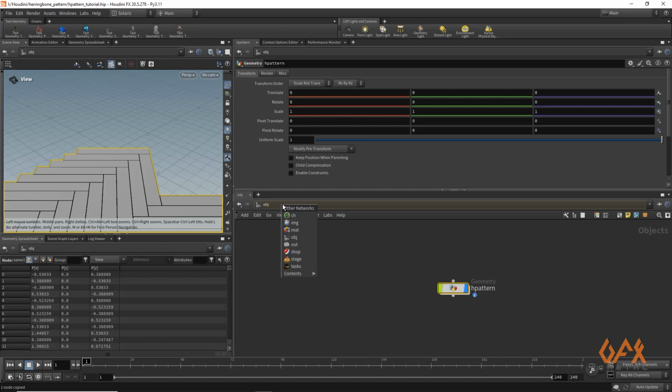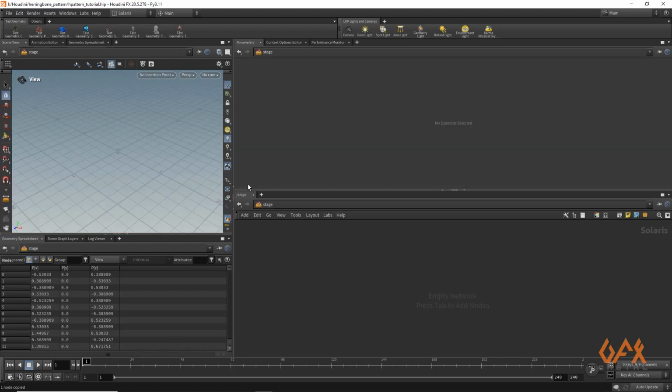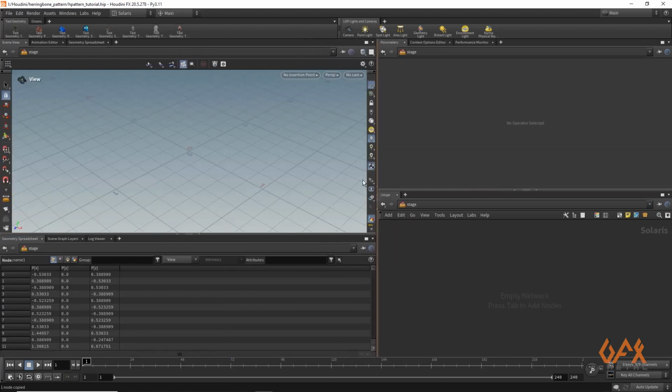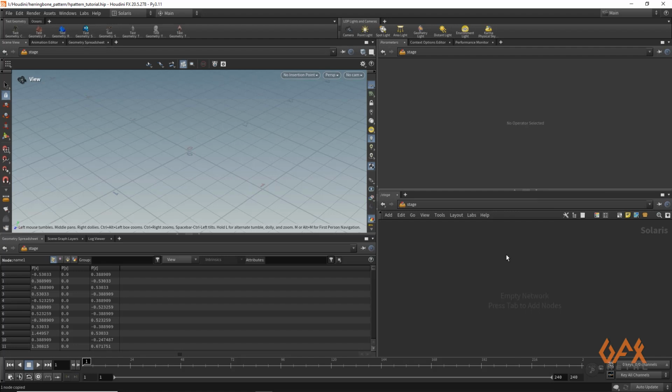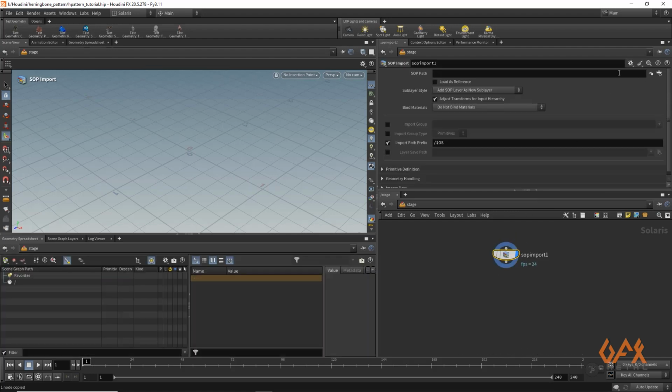That should be on stage. So this is my Solaris stage. Now I need to call SOP Import, and here I paste that tile.